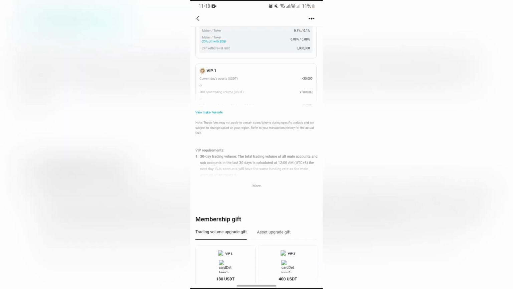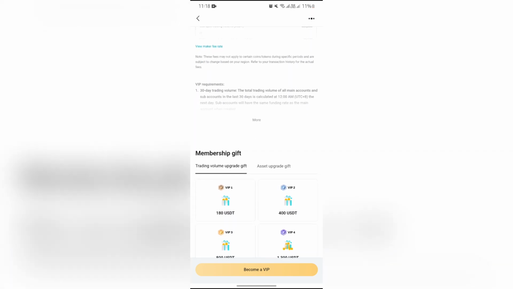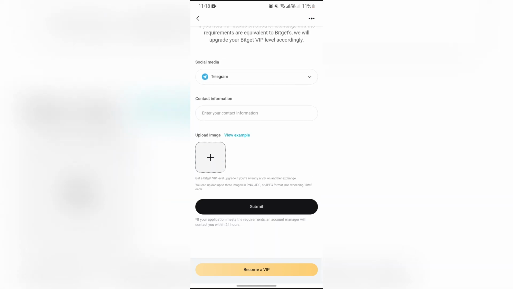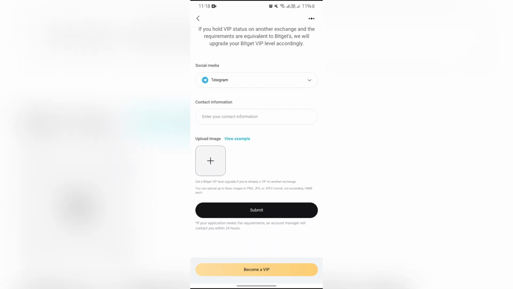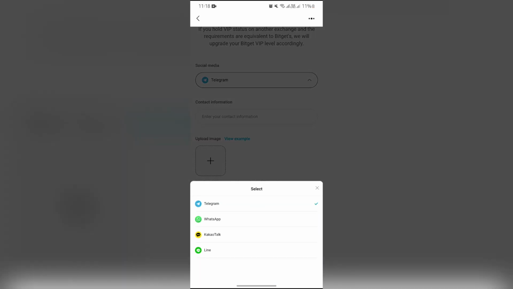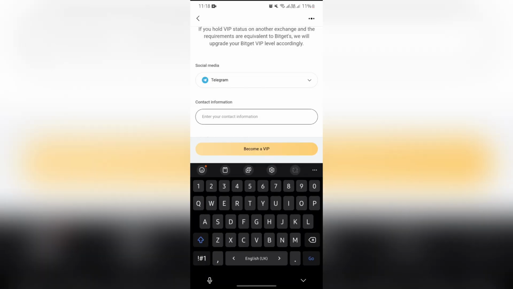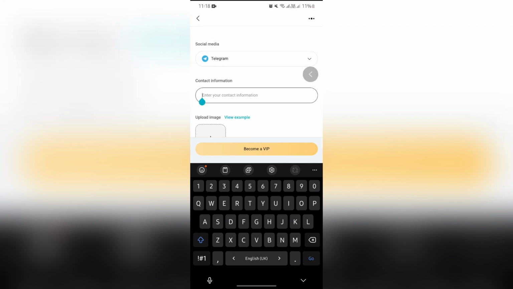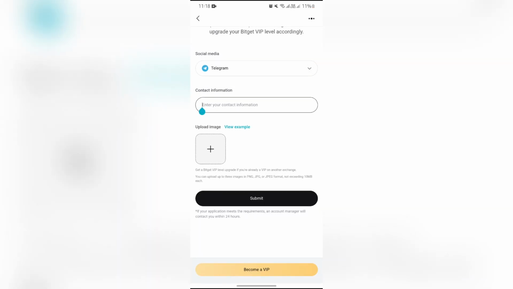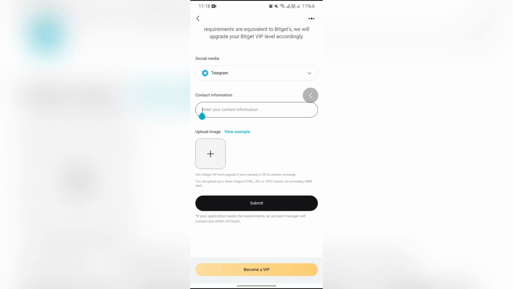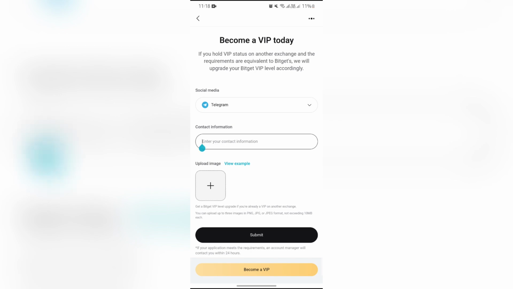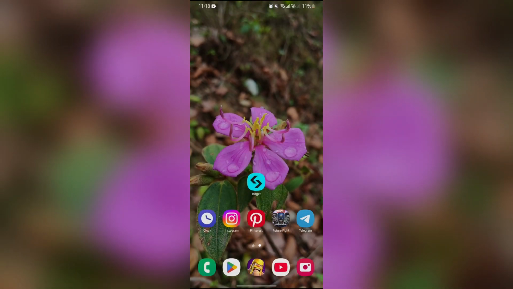Just simply tap on become a VIP, and after that you have to scroll all the way to the bottom and choose your social media ad first, and after that you have to introduce yourself by entering your contact information, and now at last upload your image and tap to submit. They will check your request and perform the needed actions according to it, and this way you can easily become VIP in